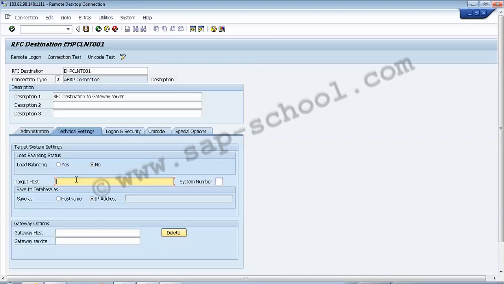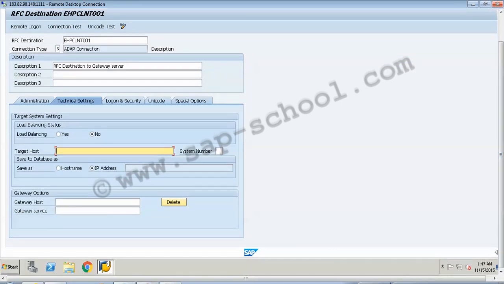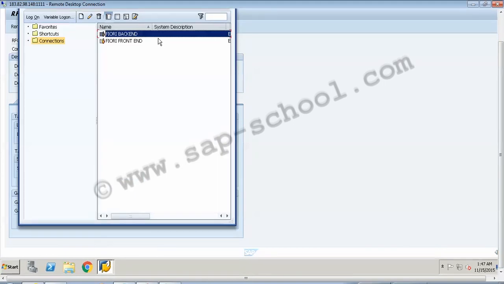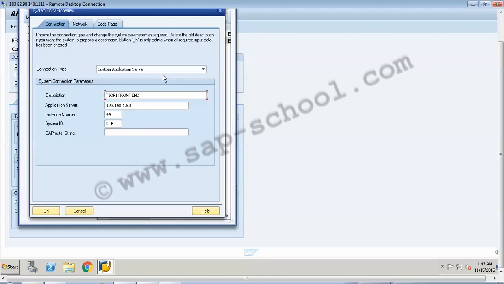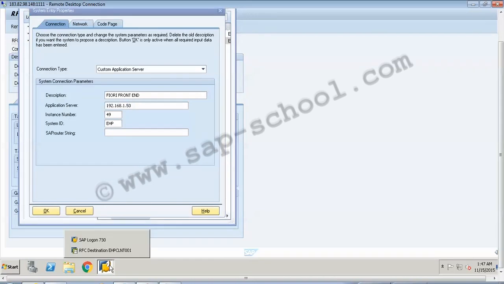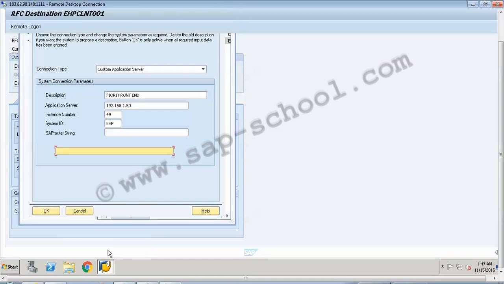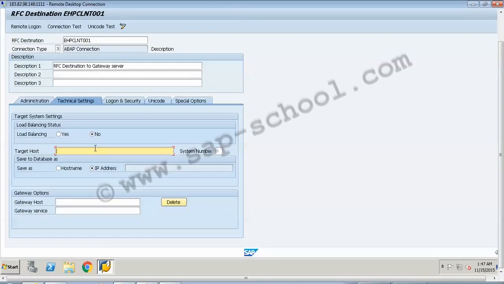So I can again go back to my system here. I have to enter the target host, which is my SAP gateway server. Then in the system number, I have to give my instance number, which is 49. So if I go here, it will automatically pick up the name, so it has taken up the name of my target host and it has taken the IP of it as an IP address. So after that we have to click on save.